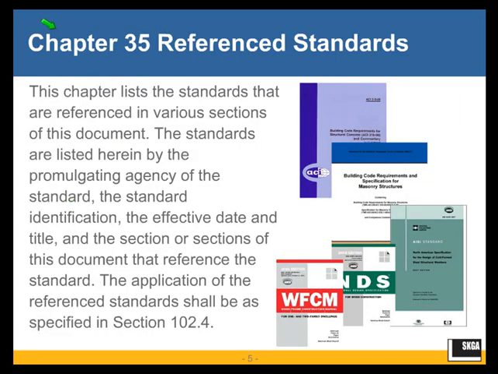Now we're jumping right off to chapter 35 of the IBC reference standards, and one may argue that this is where most changes occur because all of the standards referenced in the IBC are listed in this chapter with the promulgating agency and the official title and the year edition. So all of that is included in chapter 35. And we would want you to definitely refer to that chapter so that you know the year edition of the